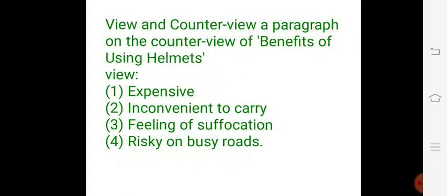You are not going to write in point-wise form, but in the form of a paragraph. And the main thing is that you must always give a title to your counter view. If it is already given, you can use the same one, but that heading should be counter view. If the view heading is given, then obviously you have to change your heading. One more example I'll show to you.